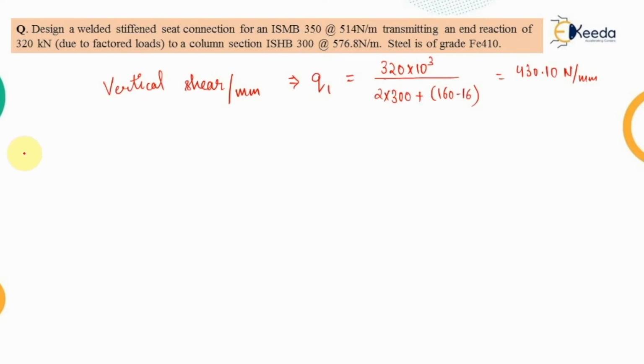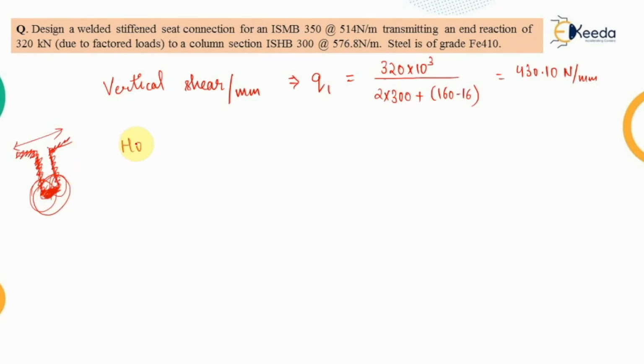And also we are taking these distances, so I'm again highlighting it. This is the kind of T section here. So the welding has been done here. We are taking these values as 2 into 300, that is the perpendicular distance, while 160 minus 16 is this distance. We are ignoring this distance because this welding which is provided here is the result of the end return. That means whenever we are doing the welding, we extend it up to a certain extent so that there is no abrupt ending for the welding part. Therefore we are just extending, and because of the lesser thickness here, that is a result of the end return, that's why we are ignoring it.